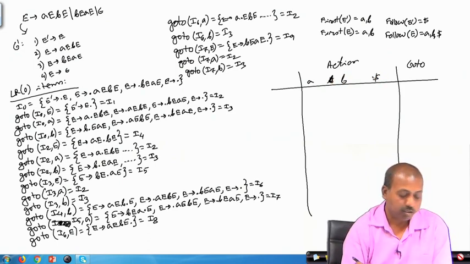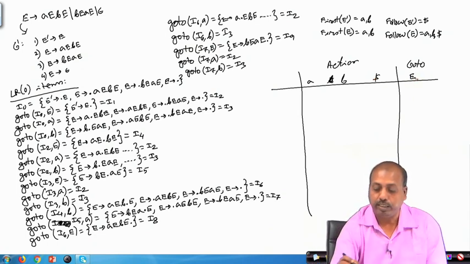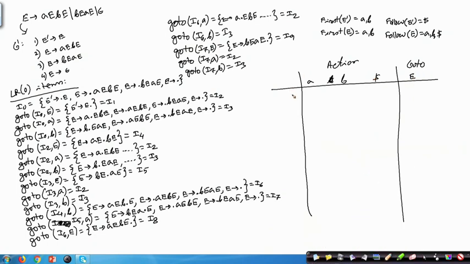These are the three terminal symbols, and non-terminal I have got only E, and I have got the states ranging from 0 to 9. Okay. So, this is 0, 1, 2, 3, 4, 5, 6, 7, 8, 9. I have got 9 such cases. Now, I have to look into individual items and see what can be done with that.